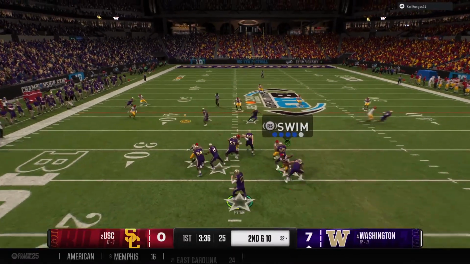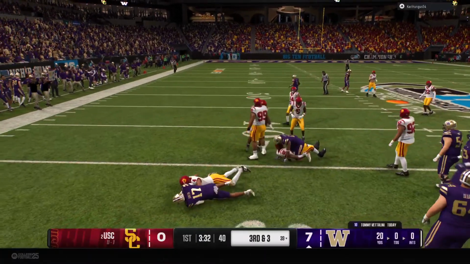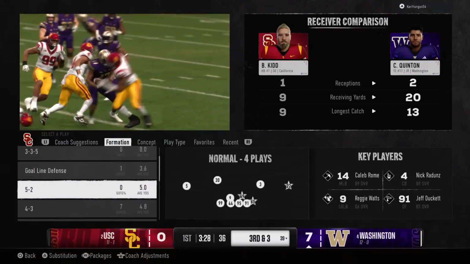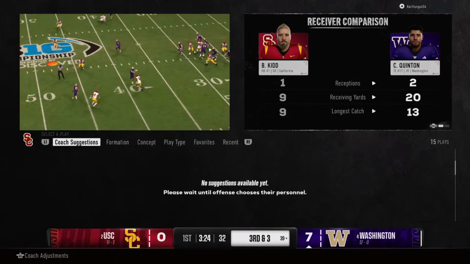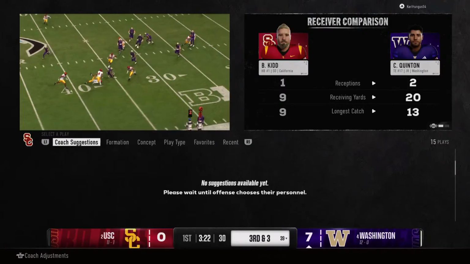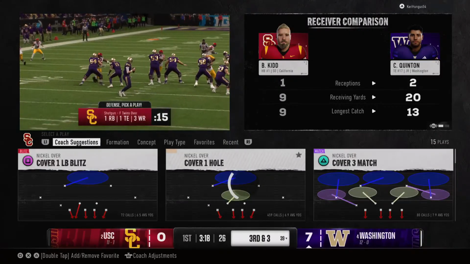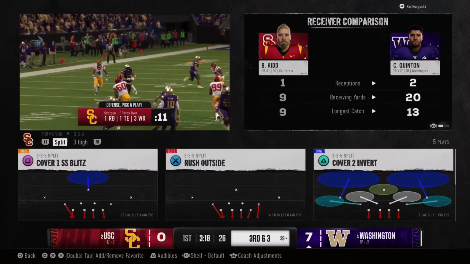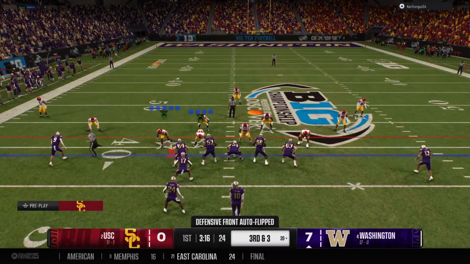Here's the snap. Quarterback drops back. Catch made by the tight end. Breaks one tackle, gets brought down, but picks up some decent yardage. Boy, that's pretty good coverage here by this defense. Not much of a window to throw this ball into, but the quarterback's accuracy and the size of the tight end picks up a nice gain. Important 3rd down play coming up.